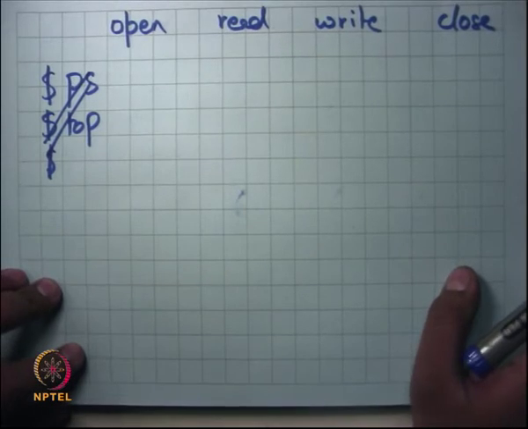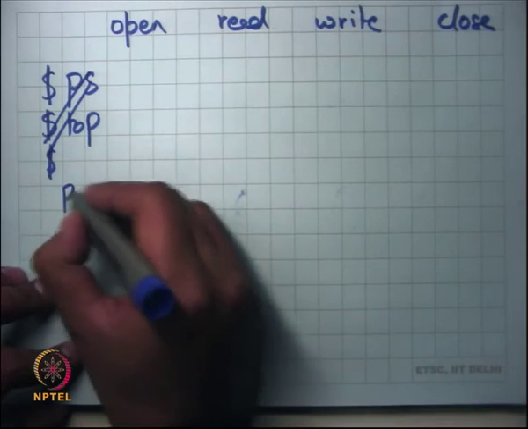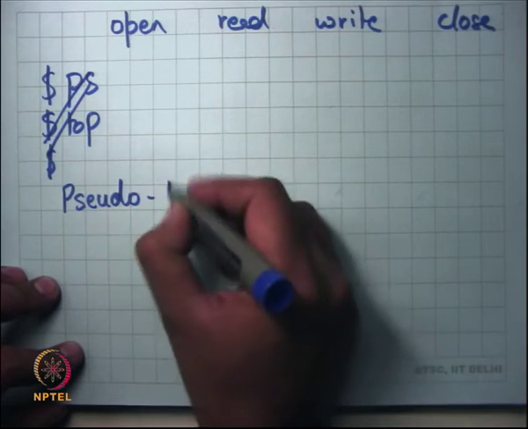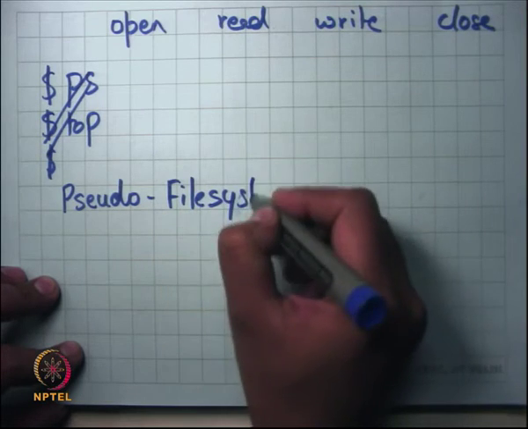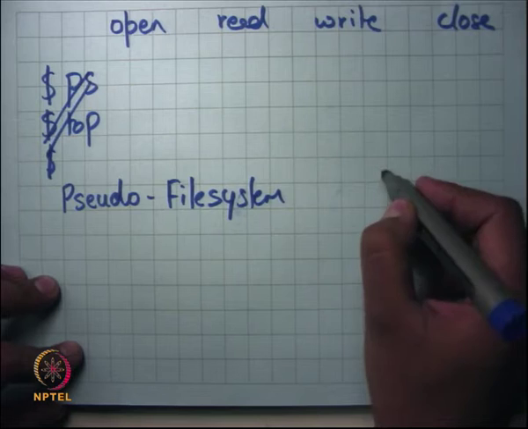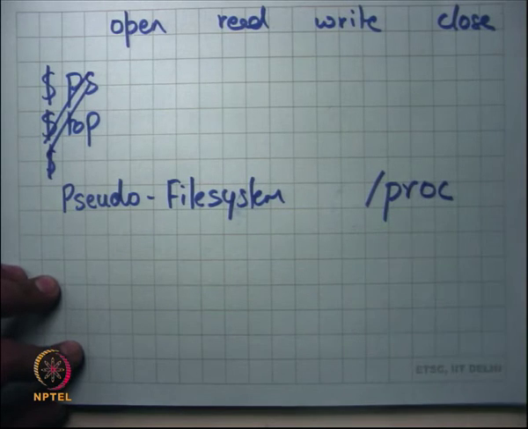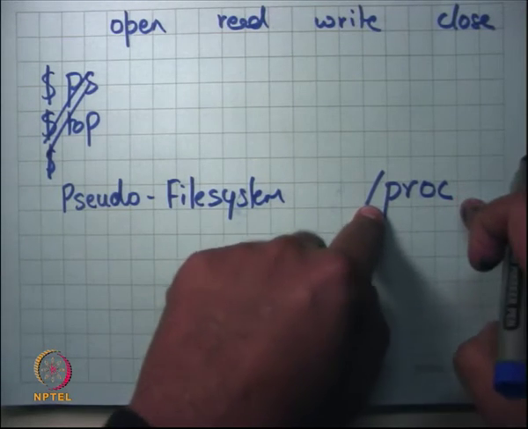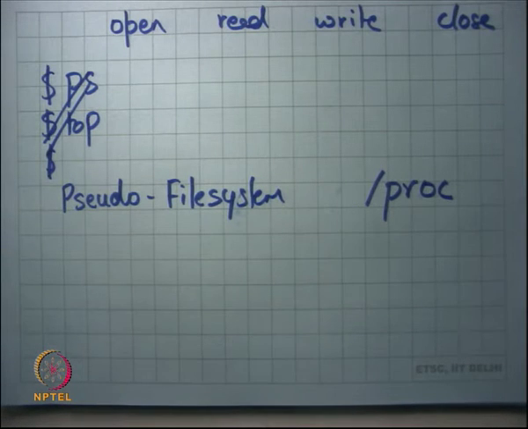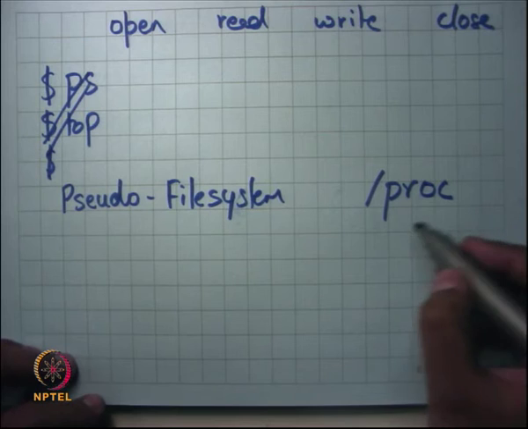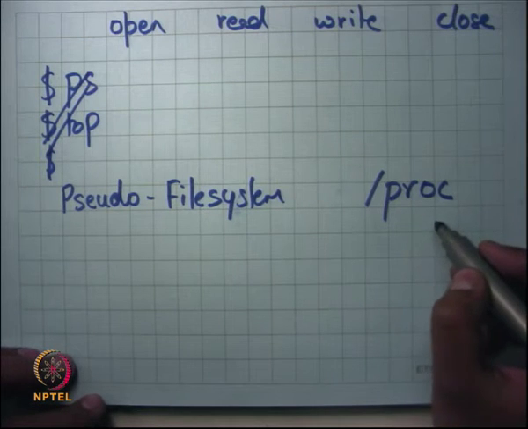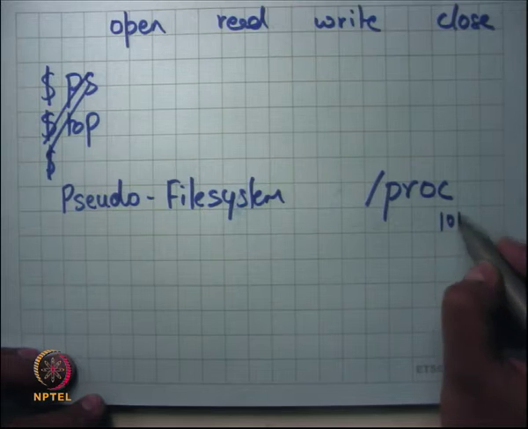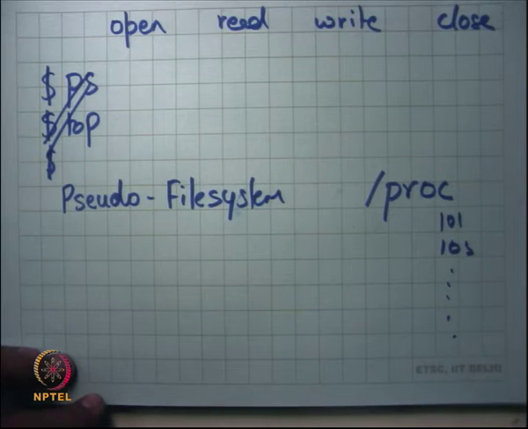The way this is done on Linux, for example, is using a pseudo file system called /proc. So what this means is /proc lives in your regular file system, prefixed with the slash character, but it's not a real file system, it's a pseudo file system, right? /proc will have subdirectories which will be all the process IDs, for example /proc/100, 103 and so on, right? So these are all the process IDs and these are all subdirectories,